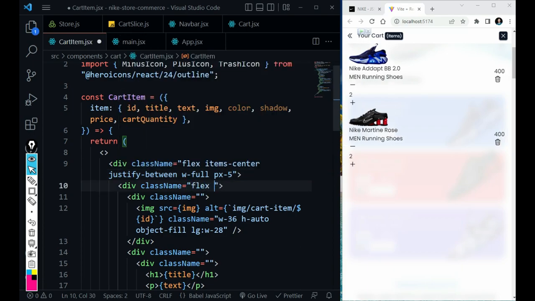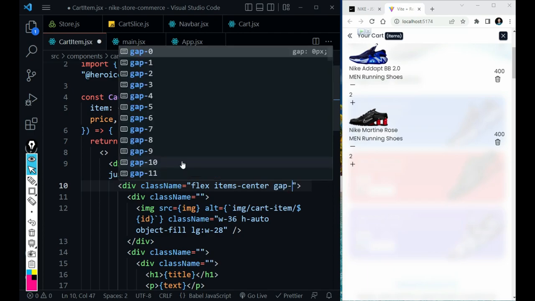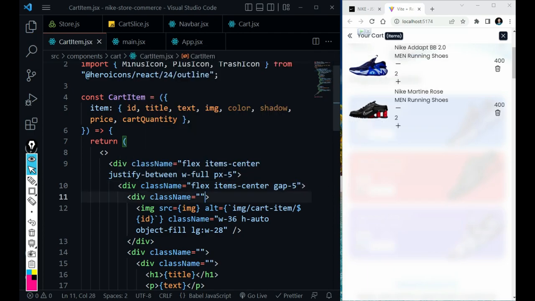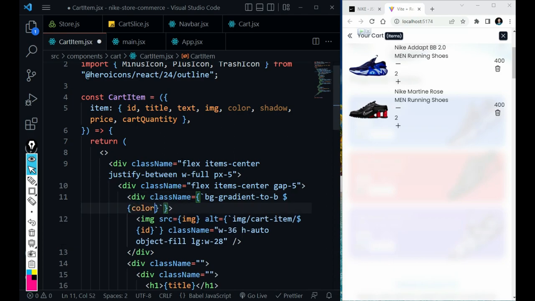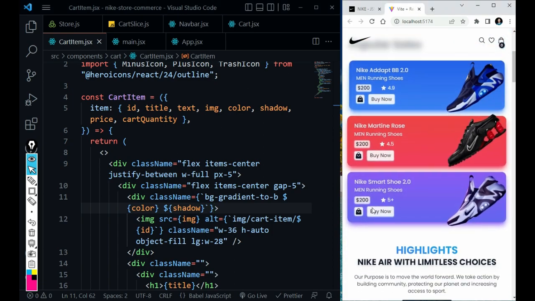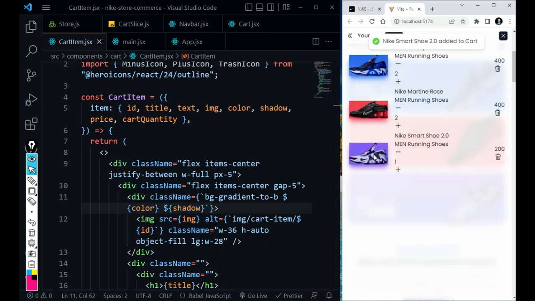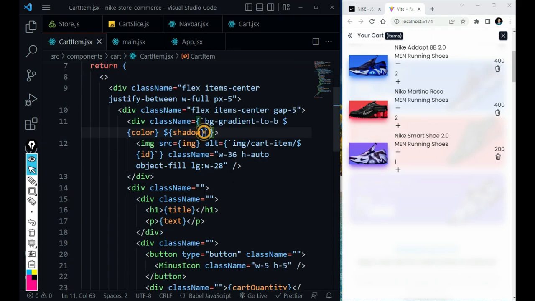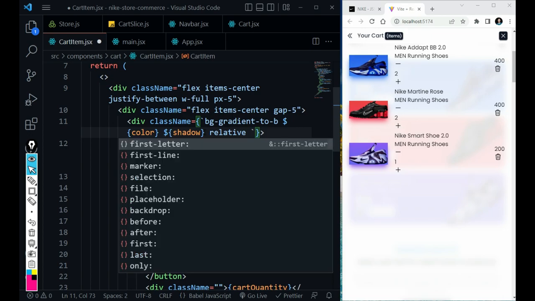Now in that div, add also one more flexbox, gap 5. Great. In this div, this will be dynamic. We are fetching real-time values. So background gradient to bottom, add color and shadow. Okay, and there we go, we are fetching real-time exact color and shadow of exact item. If I added one more item to cart, here we have same product. Okay, cool. And also add position relative, rounded,